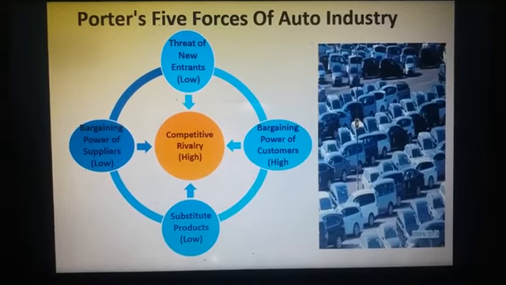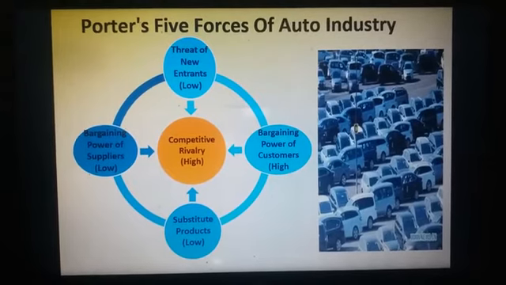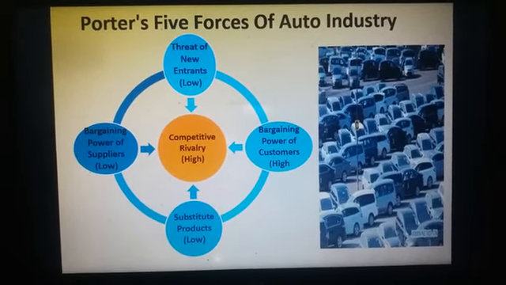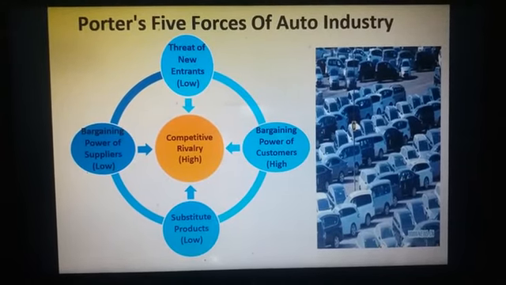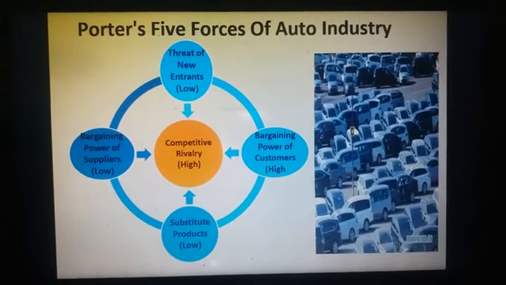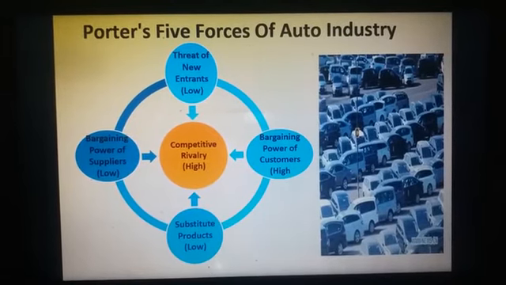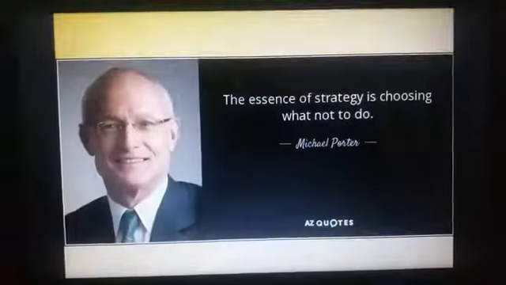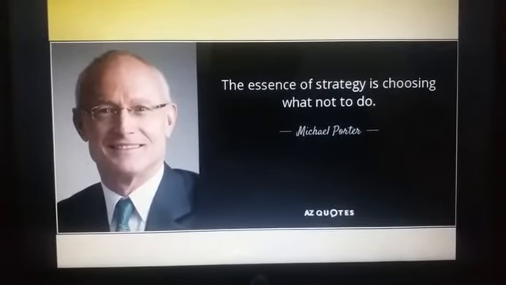Last but not the least, bargaining power of suppliers. Here, you cannot bargain because there is no direct touch in the automobile industry. Whatever is being given to you, you have to accept that. There is not much choice involved. This covers Porter's five forces of an automobile industry example. I hope it's clear. You can take any other example of your choice in the assignment. So I hope you are very clear with Michael Porter's five forces model.